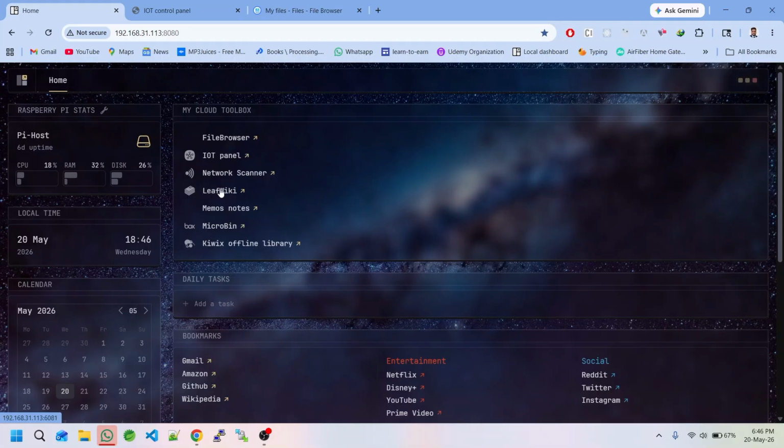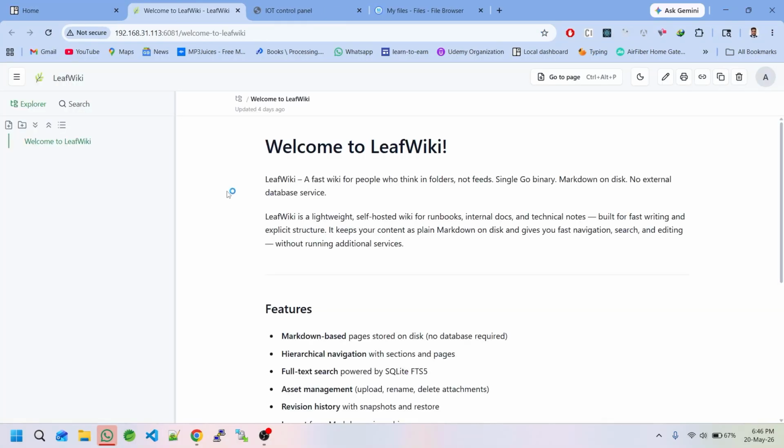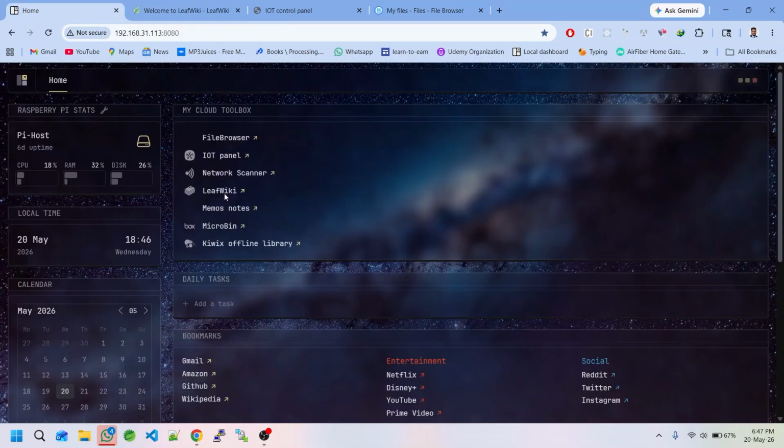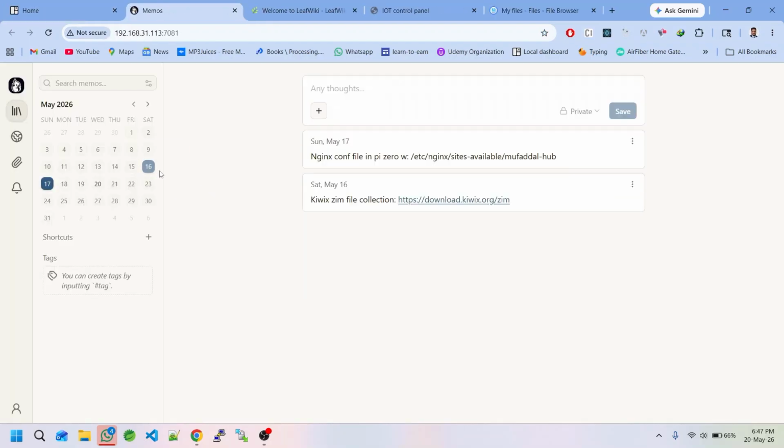LeafWiki is just a kind of locally hosted knowledge base. Whatever notes you want to make, you can create different folders and files, and in a nested way, you can make your notes. So this is also a very nice service. It's a self-hosted service, and other than that, I have Memos. This is also for making notes. It is also a very nice interface, and